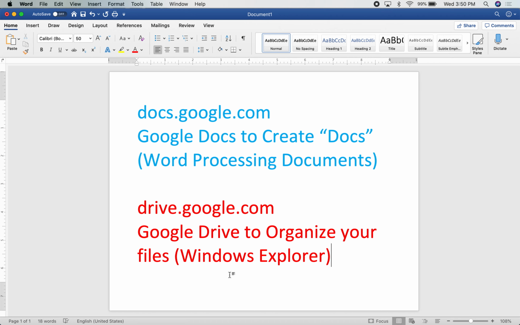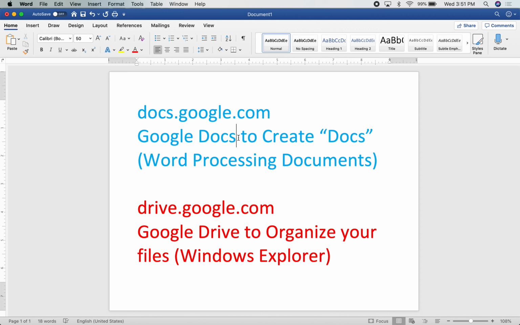Okay, so I think I am understanding a little better now what you were asking about organizing your Google Docs. You're right, in your last email I think we were both talking about two different things. There are two different software programs essentially that Google has. Well, there's many that Google has available, but the two specific ones I'm looking at are